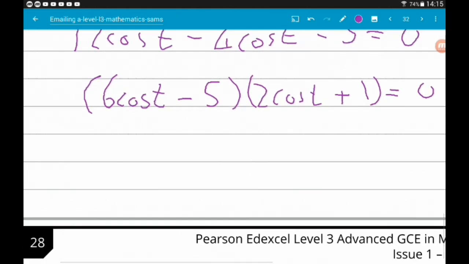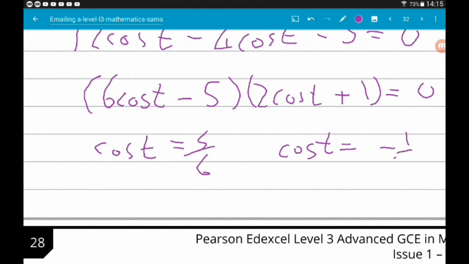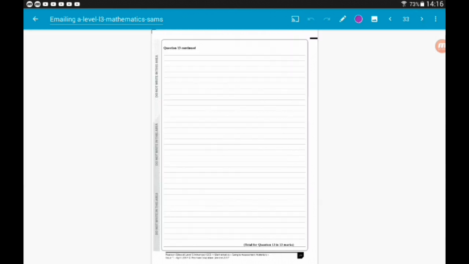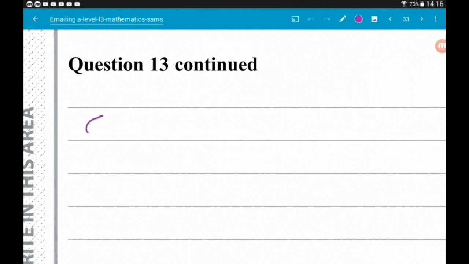So this tells us then either cos t is equal to 5/6 or cos t is minus 1/2. Now that solution on the right is the one that we've been dealing with at point P. If we inverse cos that, we would get 2 pi over 3. So the guy that we are interested in is this chap here. Cos of t is 5/6. So if we know cos of t is equal to 5/6,